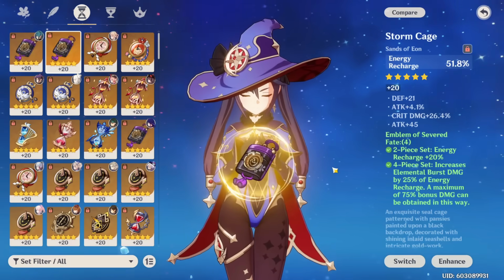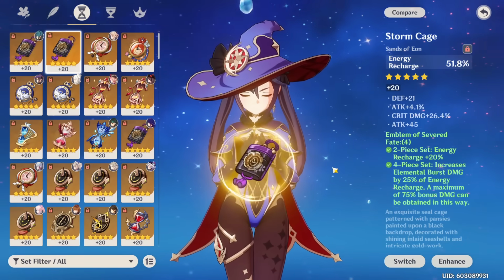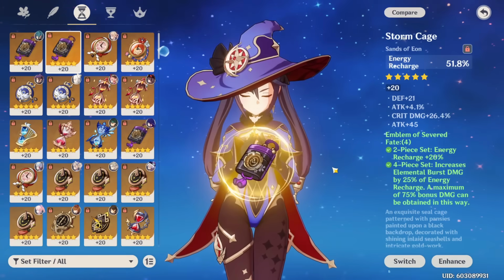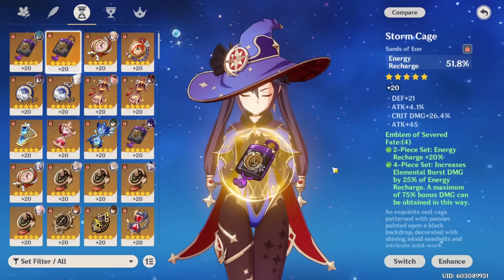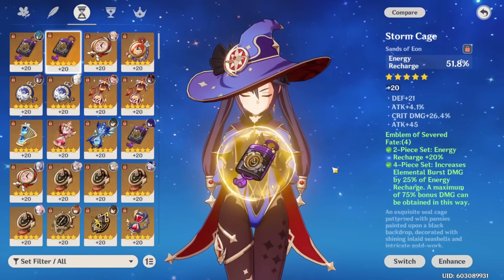For the exact amount of energy recharge you need, once again, it very highly depends. For a vaporized team, you can need around 160 to 180, whereas a freeze comp, as I mentioned, can oftentimes need 200 or more. So because of that, here's what I recommend. Energy recharge on the Sands, for most people as a support, is what you should go for,